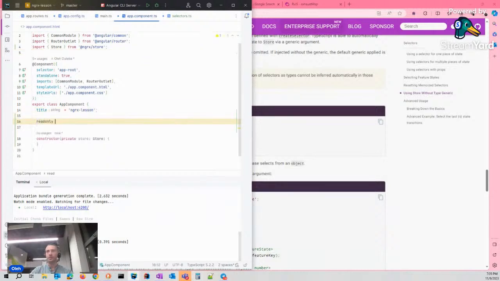Looks like it should work. To-do list using this store select method, and we have to pass here our selector that we created. Select list. Select list.